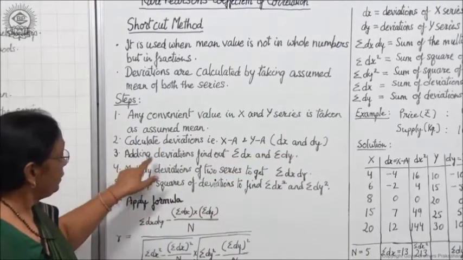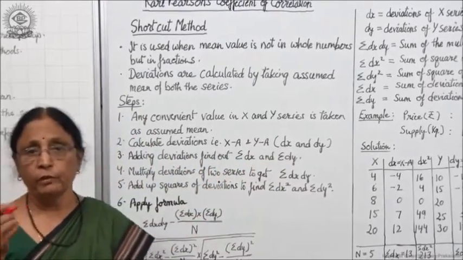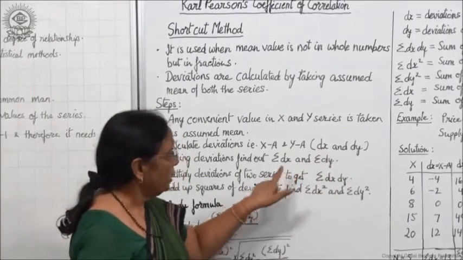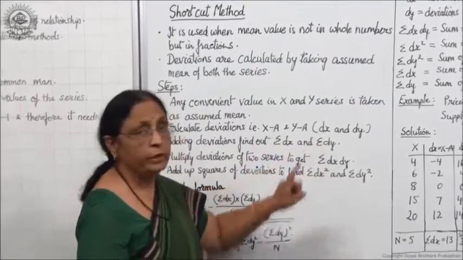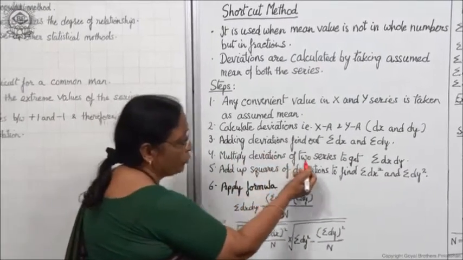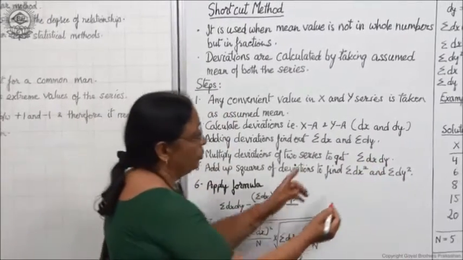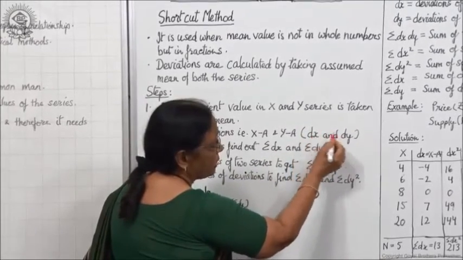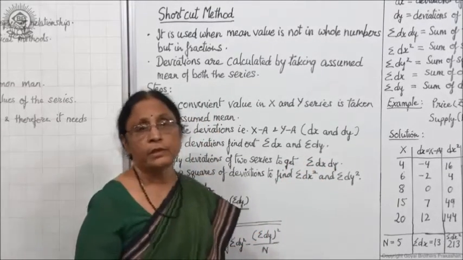Okay. Adding deviations, find out sigma dx and sigma dy. You know the sign of sigma, that means total. So after calculating dx and dy, we have to calculate sum of dx and sum of dy, right? Then multiply deviations of two series to get sigma dx dy. That means dx and dy we have calculated. When we multiply these two, dx and dy, we get dx dy and the total of this will be sigma dx dy,